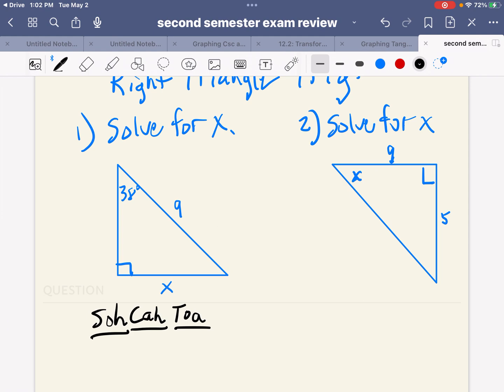Make sure that your calculator is in degree mode. It could still be in radian mode from when we were graphing trig functions. So be careful on the exam to make sure that when you're doing triangle problems that your calculator is in